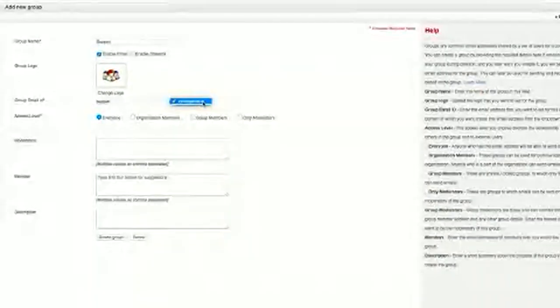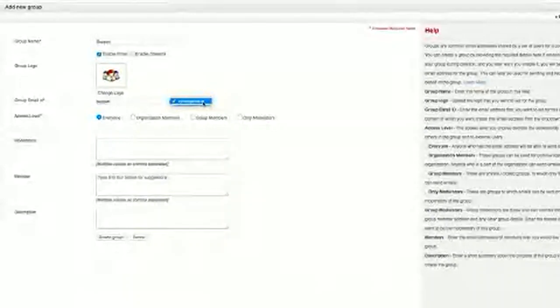Next, you can see the option available here is organization members. Organization groups are mainly when you want emails to be sent to this group only by other members of the organization. It's most commonly used when you need groups for finance purposes within your organization, or for payroll group email addresses. For purposes like that, organization members is what you should go for.